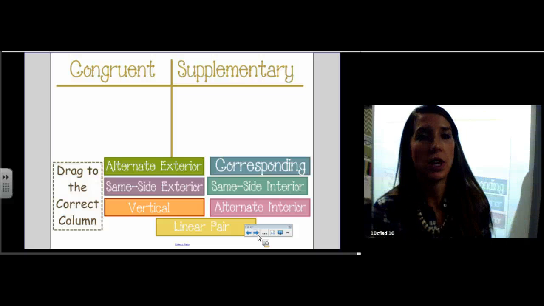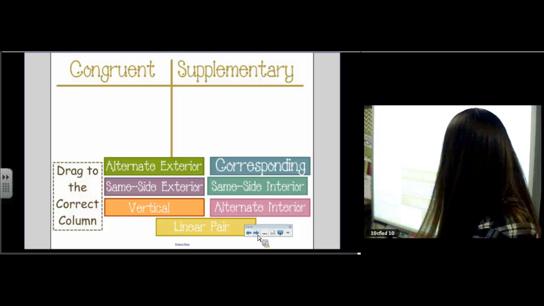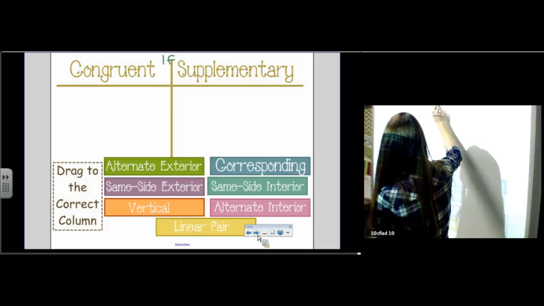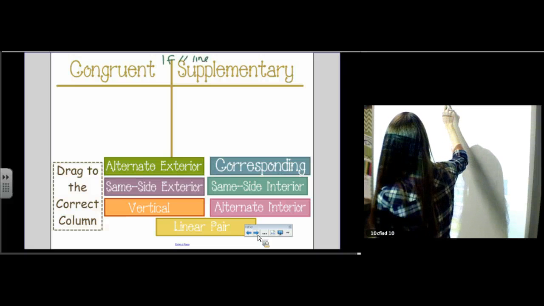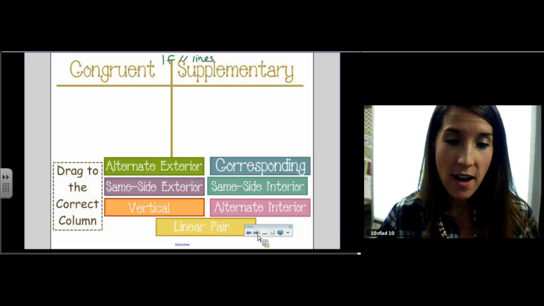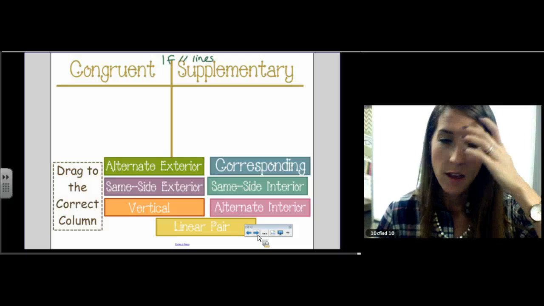Yesterday, what we were supposed to learn is that if we have parallel lines, then some cool things happen. If we have parallel lines, then,